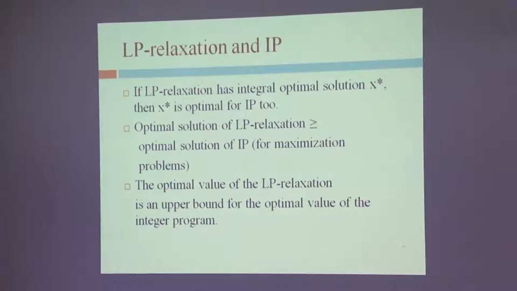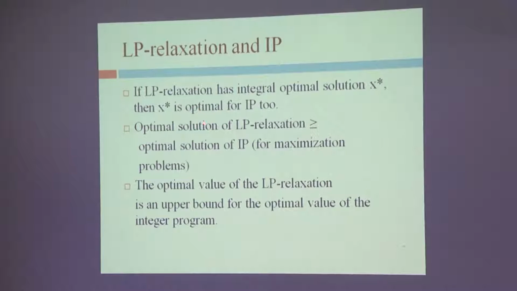So we have been saying we need a bound. For a maximization problem, we need an upper bound. For a minimization problem, we want a lower bound. So if something is minimizing the cost involved, and some path has a smaller lower bound, I will go along this path. If you want to maximize something, I will go along the path which has a better upper bound. So bound has to be brought in for your branch and bound technique.